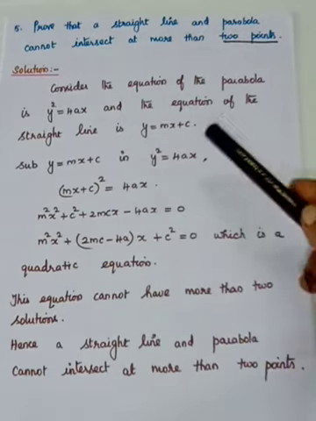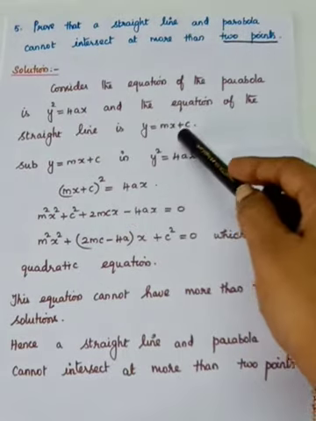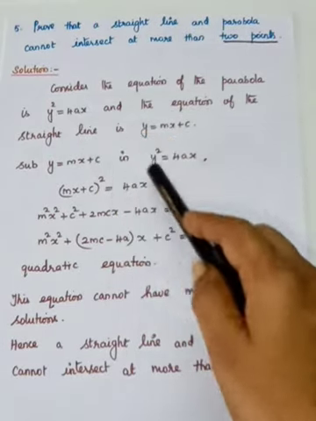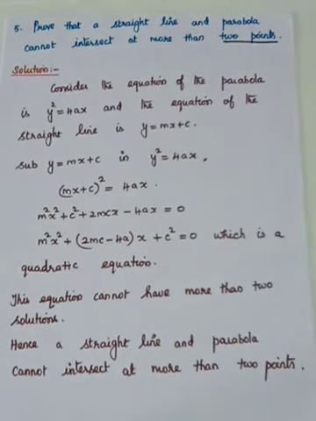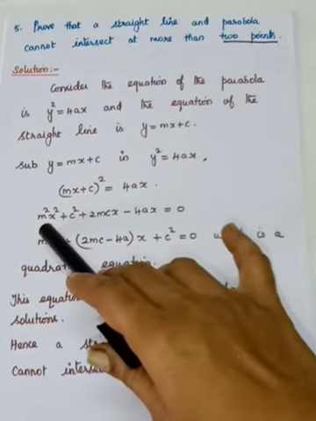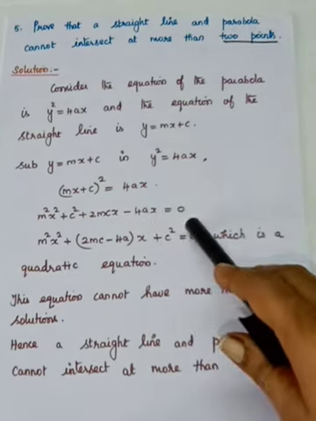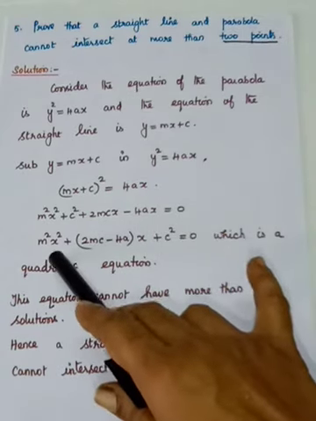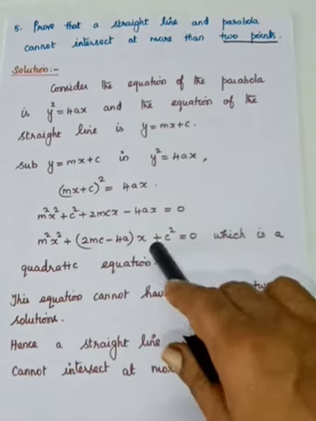So what you have to do, I just solve these two. So y is equal to mx plus c, you have to substitute here. So in the place of y, it is mx plus c the whole squared is equal to 4ax. If you expand, it is a plus b the whole square. So m squared x squared plus c squared plus 2mcx minus 4ax is equal to 0. So m squared x squared plus x, if you group, it is 2mc minus 4a into x plus c squared.